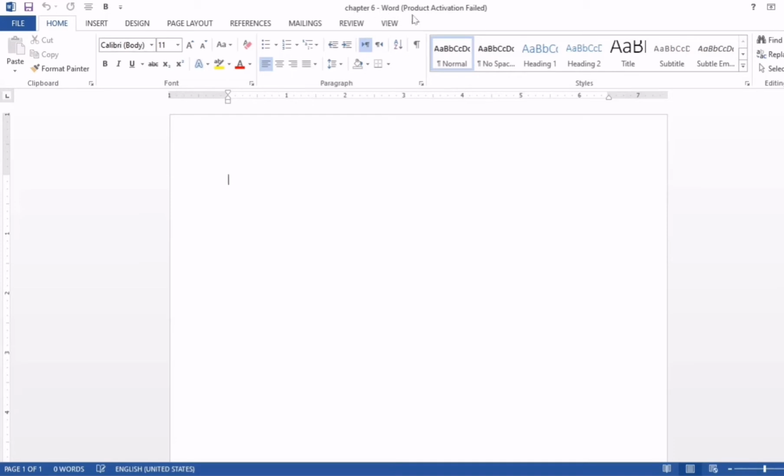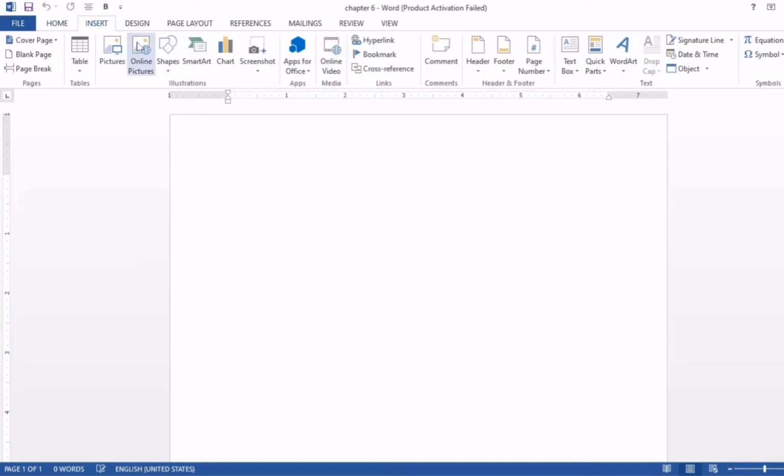This is the title bar, and now its title becomes chapter 6. These are the different tabs: home, insert, design, page layout, references, mailings, review, and view. And inside each tab there are different groups. For example, in the home tab, there are groups like font group and paragraph group, and in the insert tab there are groups like illustrations group.